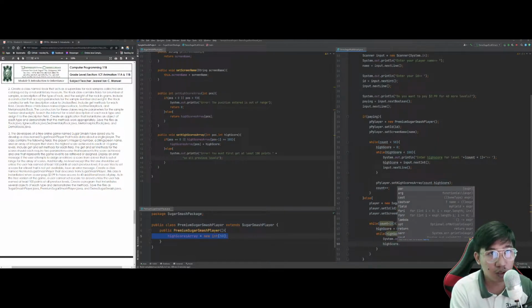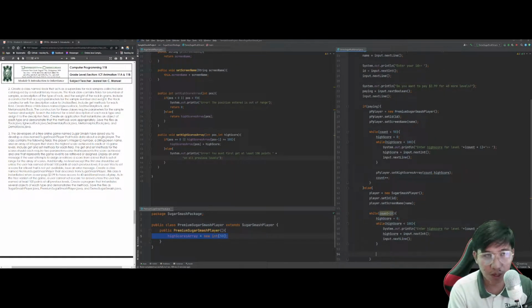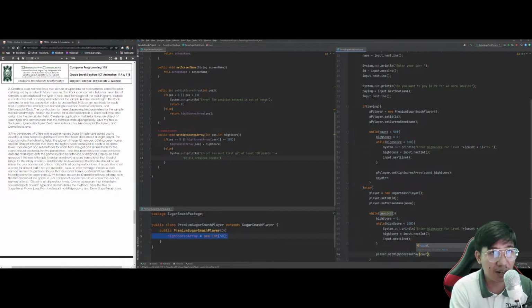High score is equal to input.nextInt, otherwise input.nextLine. Tapos we have here, set natin yung player.setHighScoreArray, which is count, and high score,